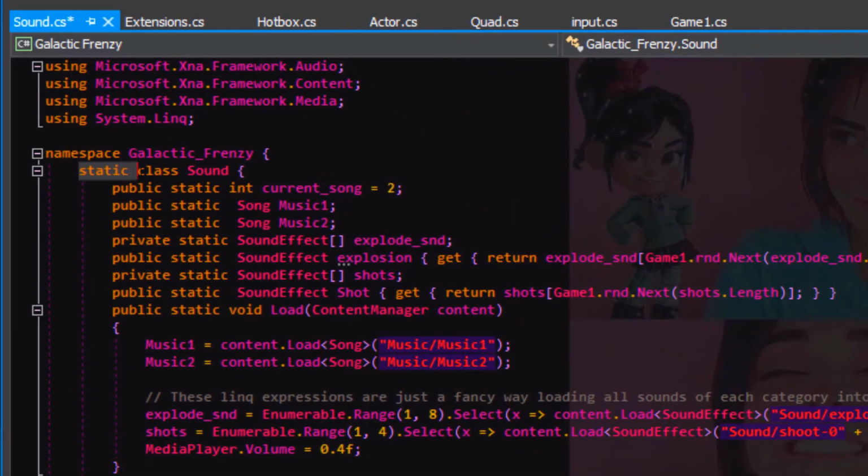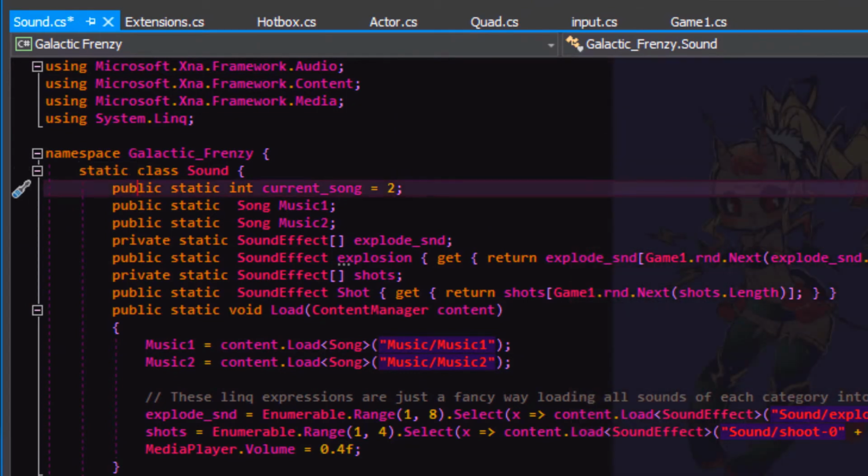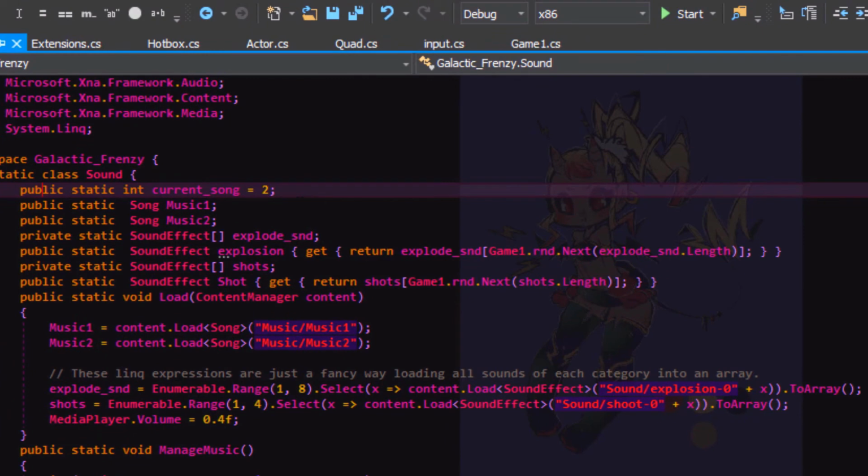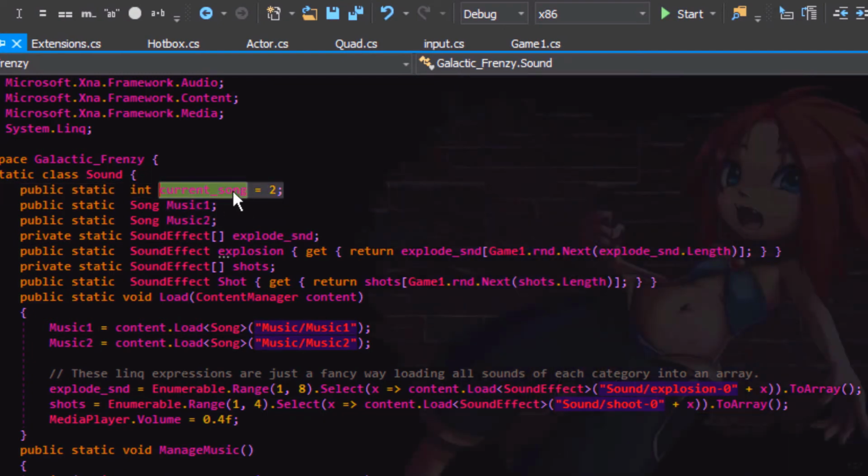Okay, so you want to make sure to make that class into a static class, and that way we can fetch our sounds and do any sound adjustments we need from any of the modules. We don't have to pass a bunch of stuff around. We can just say sound dot whatever. So I've got something here that tracks which song we're playing. I'm starting with song 2. I'm going to load in 2 songs, so it has a little bit of variety. If it finishes one, it'll start playing the other one.